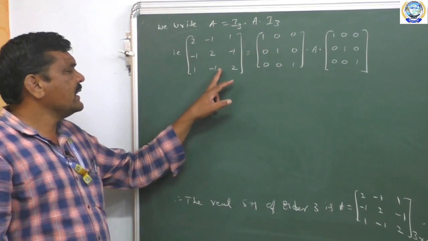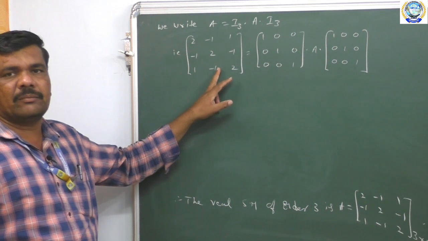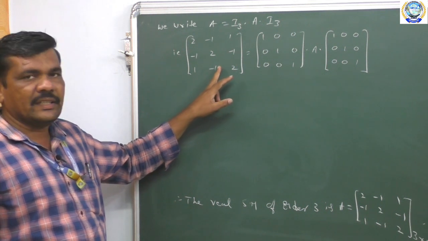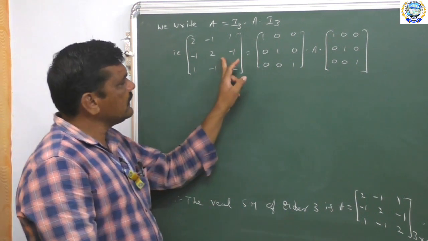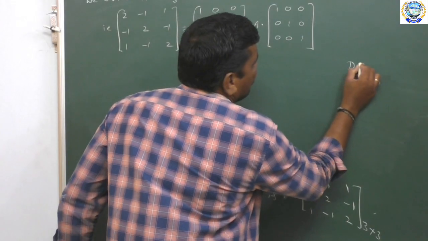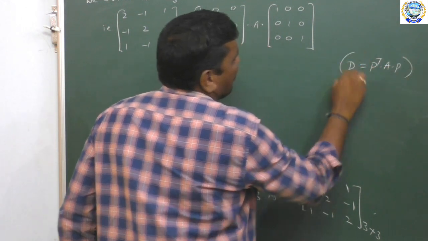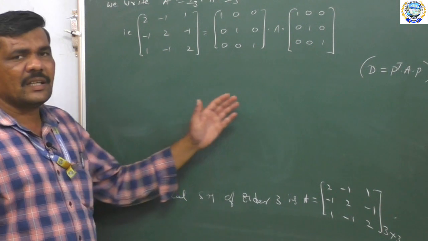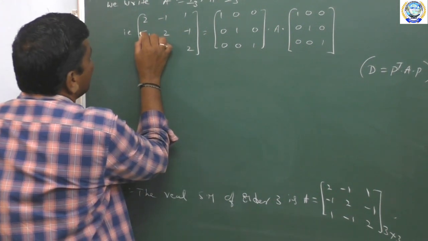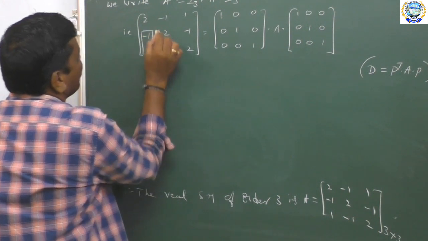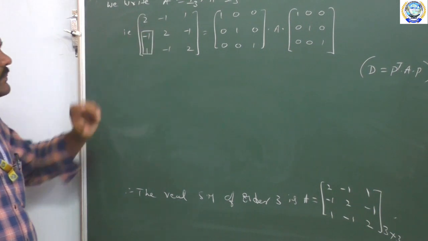Here, we reduce this LHS matrix into a diagonal matrix, that is, it can be reduced to the form B is equal to E transpose into A into P by using elementary row and column operations. First, to reduce these two elements to 0 using this element 2 in R1.